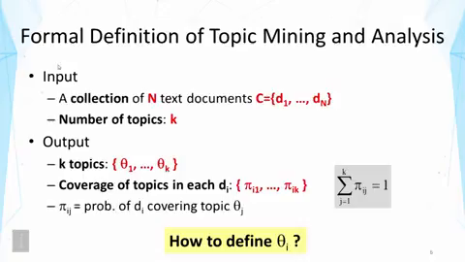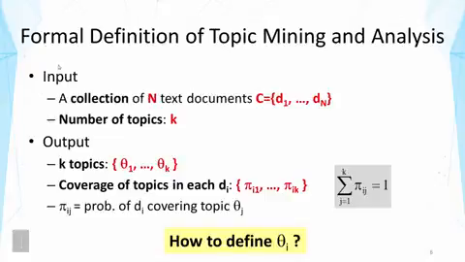So more formally, we can define the problem as follows. First, we have as input a collection of n text documents. Here we can denote the text collection as C and denote a text article as D sub i. And we generally also need to have as input the number of topics, K, but there may be techniques that can automatically suggest a number of topics. But in the techniques that we will discuss, which are also the most useful techniques, we often need to specify a number of topics.